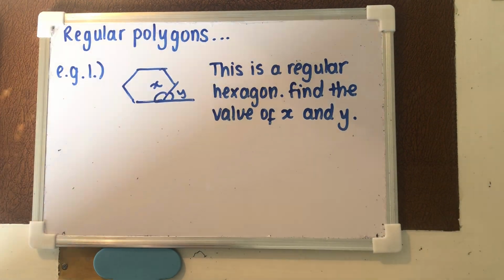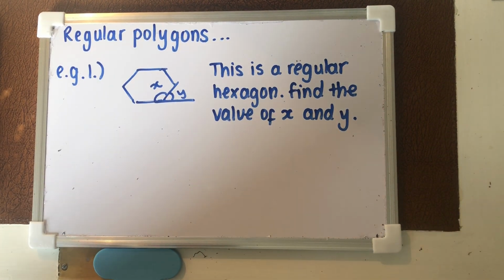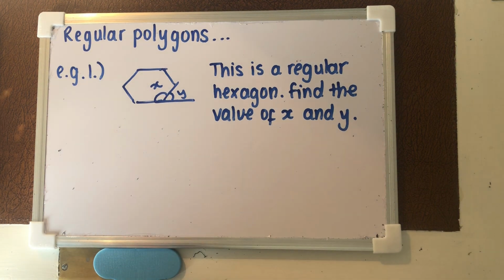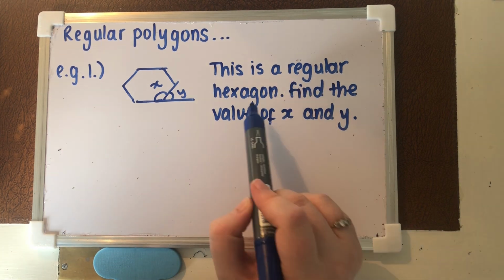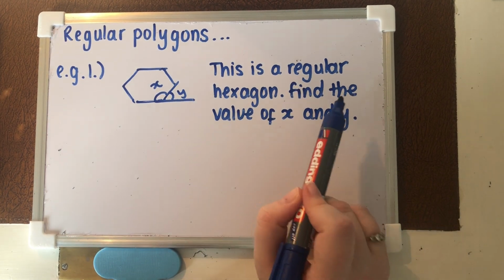Okay, so we've already focused on just general polygons and mainly irregular. We're now going to focus on regular ones. If you can't remember from last time, regular means that it's a polygon that has all the same side lengths and all the angles are the same too. So for the first question, we're told that it's a regular hexagon and we need to find out the value